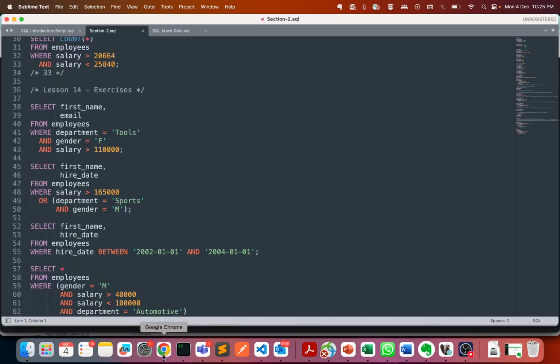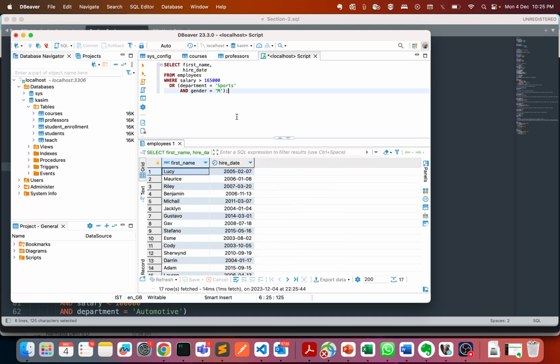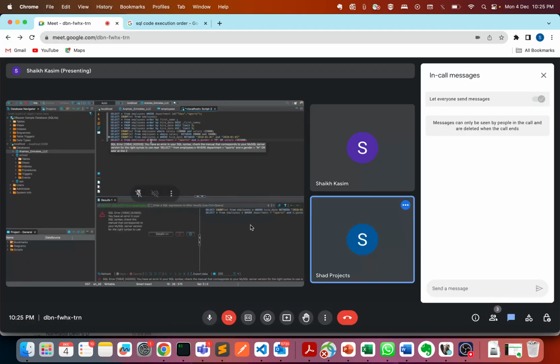Let's see if it comes. No, there is some error, right? What does it show? Check the syntax. Don't worry, I will tell you what's the error. The only trick here is